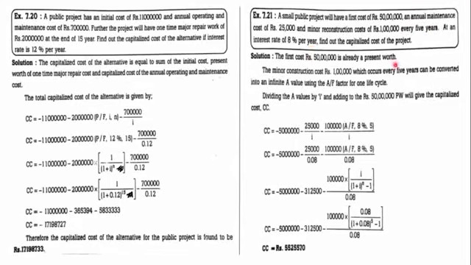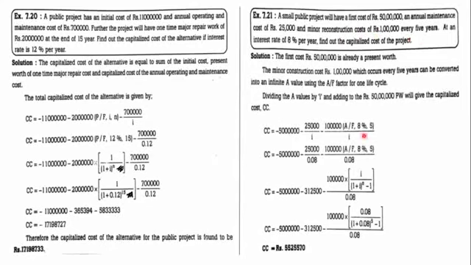Now to solve this problem, we have to take the first initial cost as it is. Initial investment means it is a cash disbursement, hence shown by the negative sign, that is minus 50 lakh rupees, minus 25,000 rupees. Here the annual maintenance cost is for the lifetime, hence it is simply divided by i. And the next part is the minor reconstruction for every 5 years.